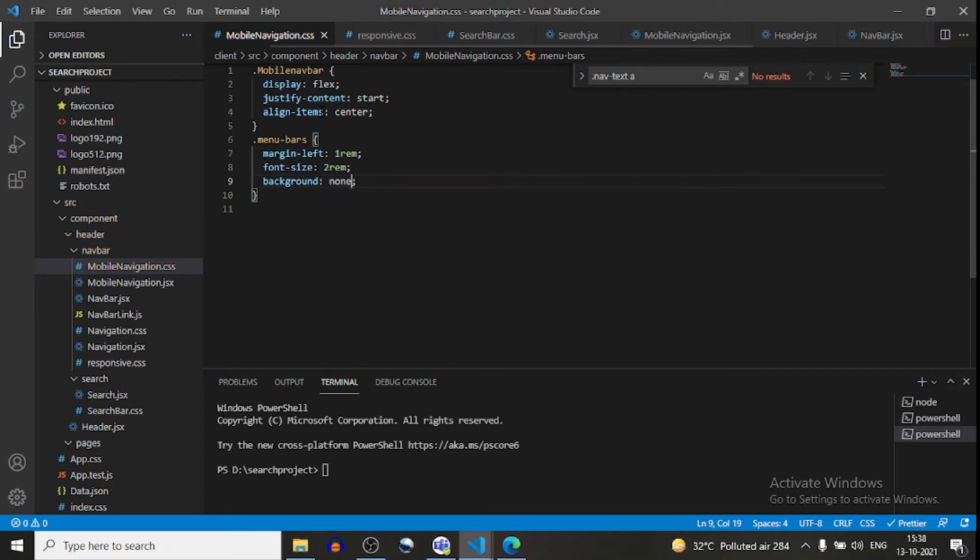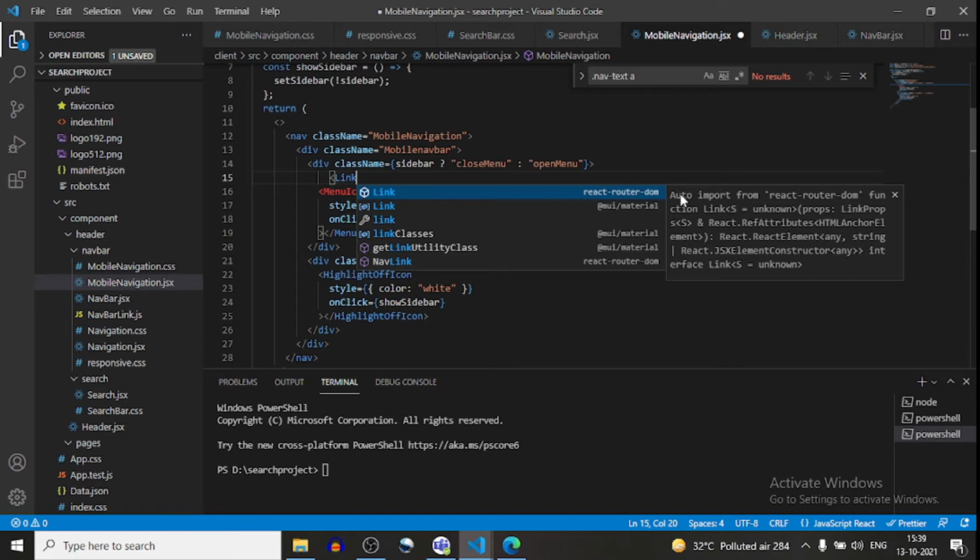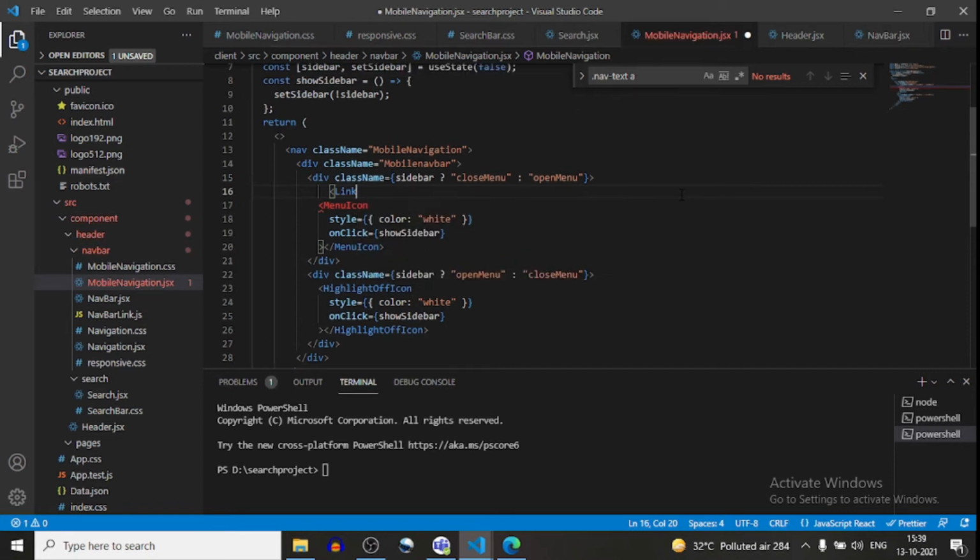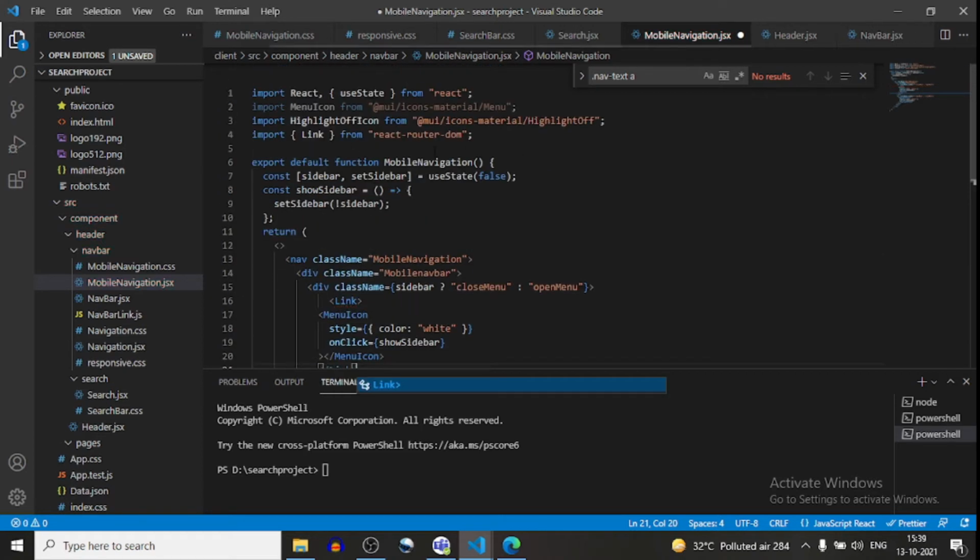Okay, it will come from React Router DOM, and will wrap up this link. And this link will come from browser router as link.